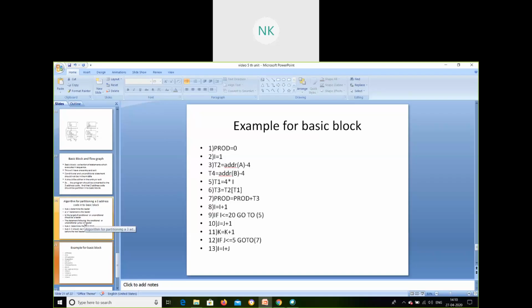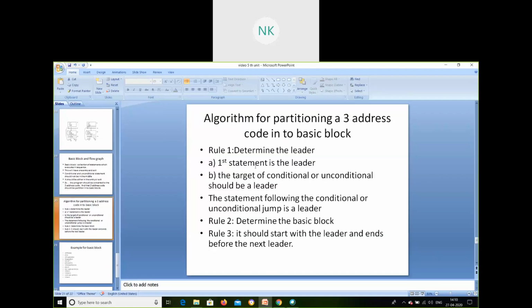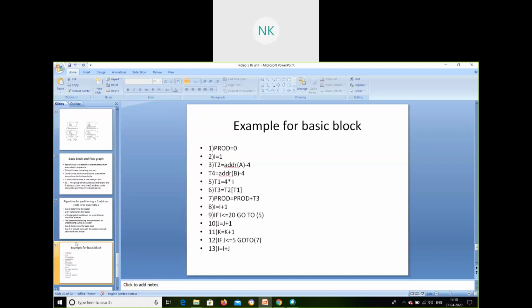You will be finding the leader in the program. For that, the algorithm is: the first statement is the leader. The target of a conditional or unconditional jump should be a leader. So here the first statement is a leader. Checking the target of the conditional statement, in the 7th line the target is going to be 5, so 5 is a leader.